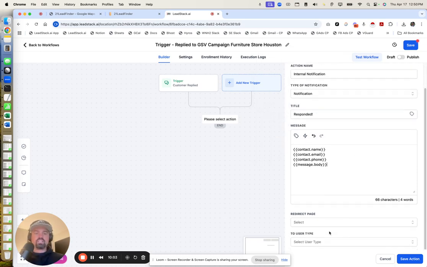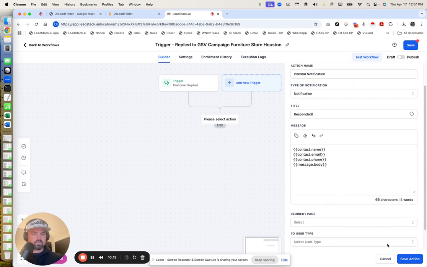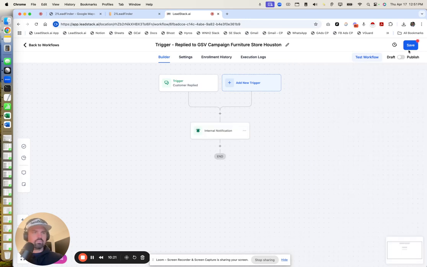So now my whole team's going to know. So who do I alert? I'm going to say all users. I'm going to say save. Okay. We're going to have it go to the conversation. Okay, cool. I'm going to click save there. I'm going to publish this. So now I can send an email to my whole team, hey, someone responded to this cold email campaign, go check it out, right? And when you see that, it's helpful because you can focus on who is the hottest now,